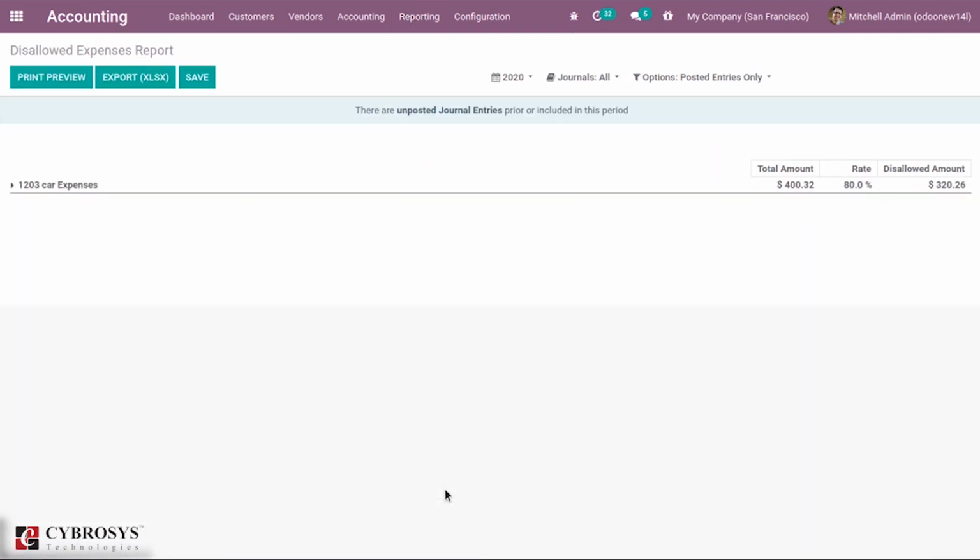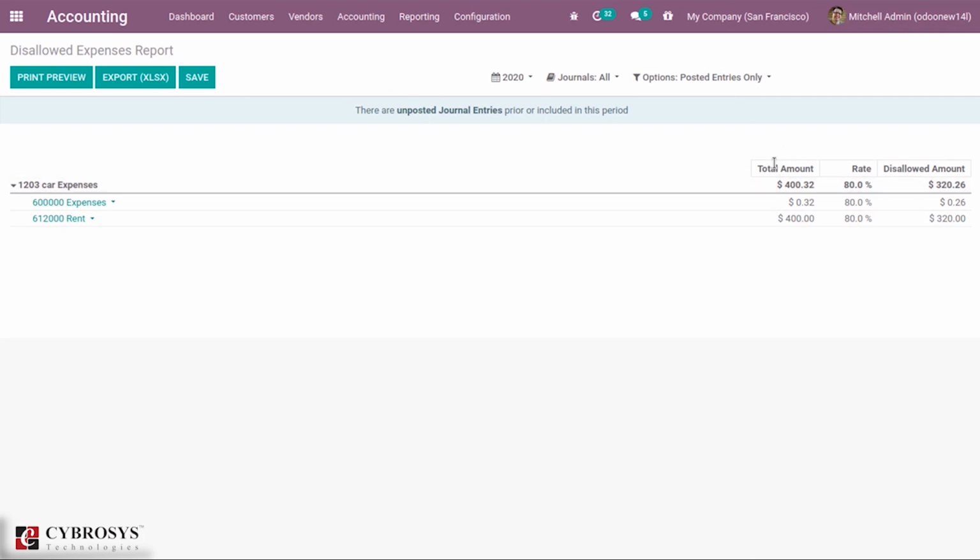In accounting we can also see a new report, that is disallowed expenses. If you open it, you can see all the disallowed expense categories created, once they are linked with the expense account. If you unfold a category, you'll be able to see all the accounts from the chart of accounts linked to it.